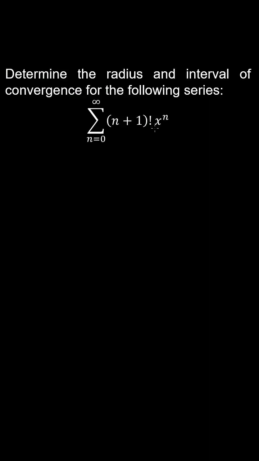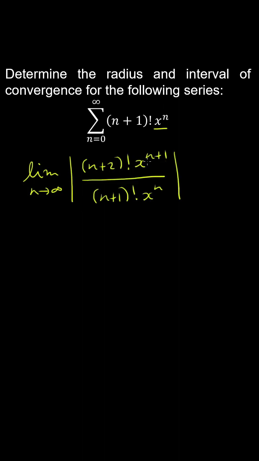Let's find the radius and interval of convergence for the following power series. So again, we check for absolute convergence using the ratio test. So we take the ratio of the next term in the series to the current term in the series. And we check for absolute convergence because x can be negative. So because n is positive, and x to the n plus 1 over x to the n evaluates to x, we can take the absolute value of x outside the limit and take the limit of the ratio of the factorials. So with these factorials, only n plus 2 is not going to cancel,